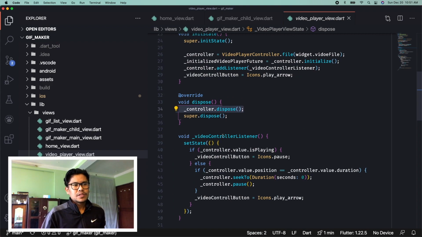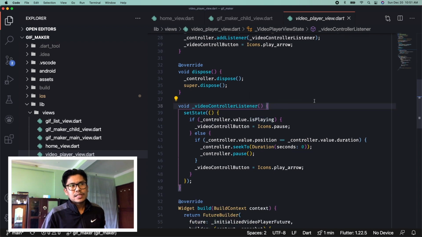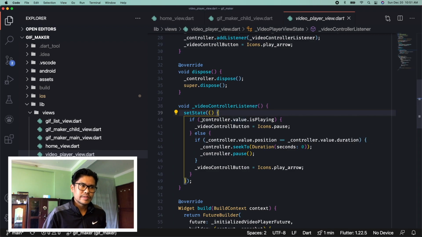So in a video controller listener, we have added a new listener. Listener is nothing but a void function that listens to the state of the video controller, and you can perform some action over here. So for example, if you see here, it again called a set state, because if video is playing, video controller is playing, I'm going to show controller button, that button as a pause. Else